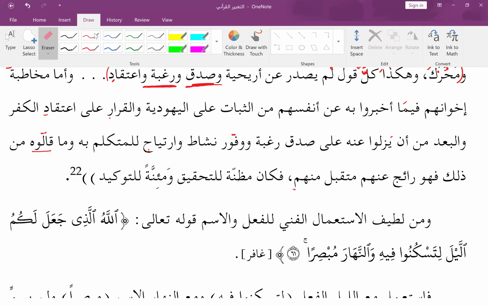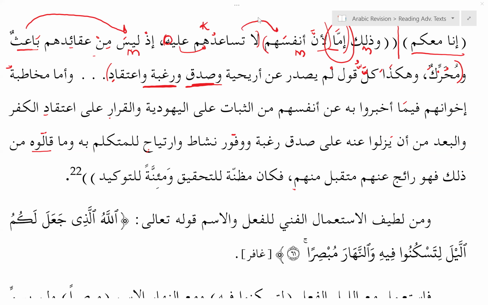So we've talked about amma, and we've said that amma is your harf شرط, حرف شرطية or حرف تفصيل, and it's شرطية. And then of course what comes after it is going to be your shart part, and it's either mubtada or something else, depending on whatever comes after it. Now if it's a jumla ismiya, you have your mubtada.